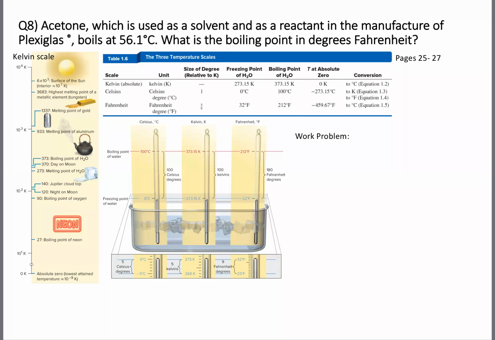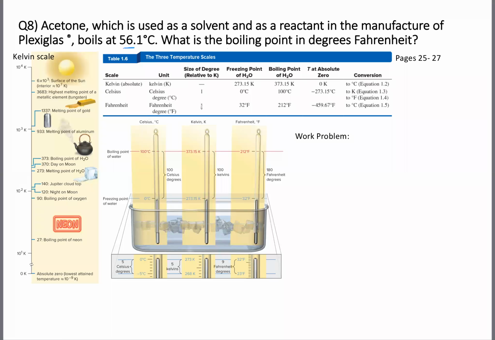All right, let's consider question number 8, which asks us about acetone. It says acetone is a solvent and a reactant in the manufacture of some Plexiglas. This acetone boils at 56.1 degrees Celsius. We want to know what the boiling point is in degrees Fahrenheit. So ultimately what we're going to want to do here is convert a Celsius temperature